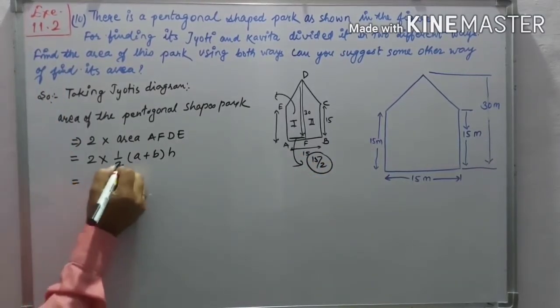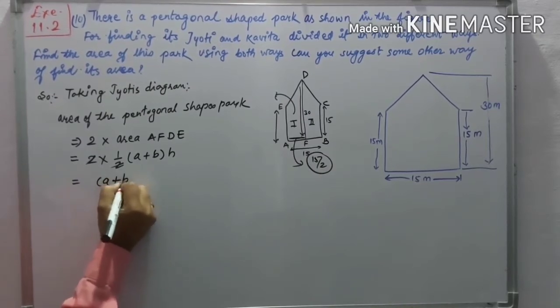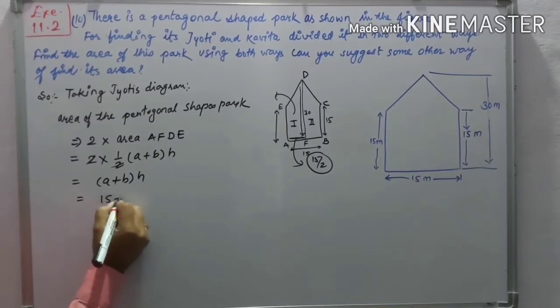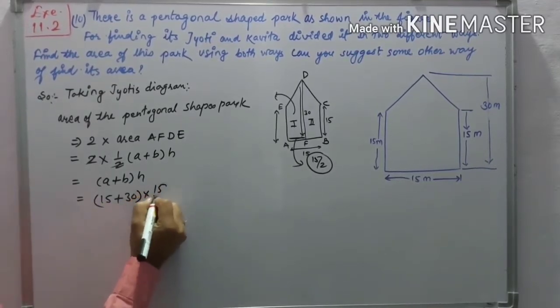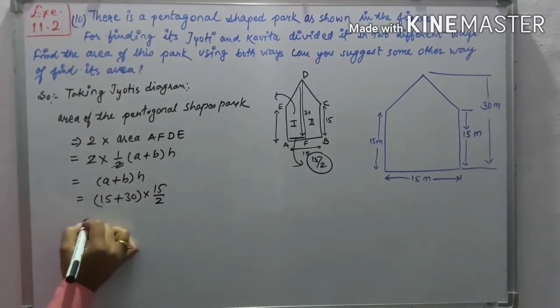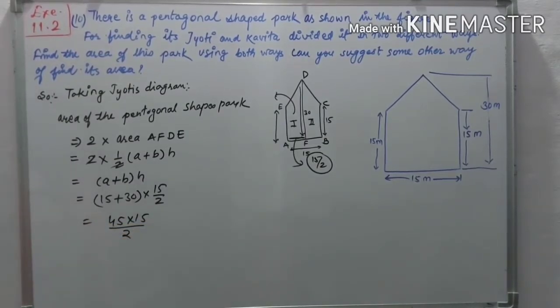So the 2 cancels, simply (A + B) × H, where the value of A is 15 and 30 is the value of B, into 15/2. Now it is 45 into 15/2. After multiplication